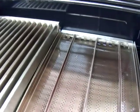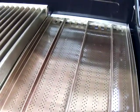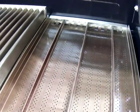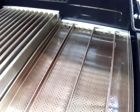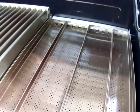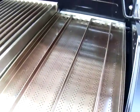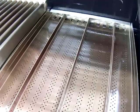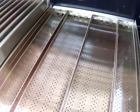So, I paid $270 for this grill at our local Lowe's. Actually, I paid a little bit less because they offer a 10% military discount, which is really nice for us aging sailors and soldiers and Marines and everybody else. Nice that they make that consideration for all the guys who serve their country. So anyway,